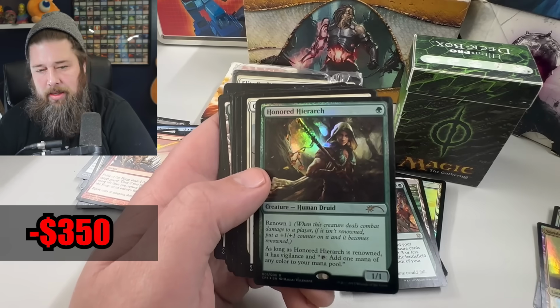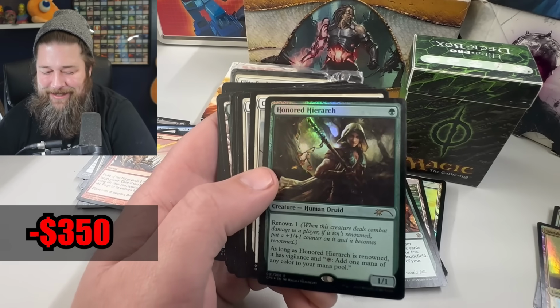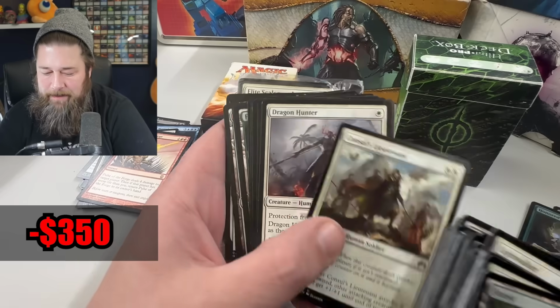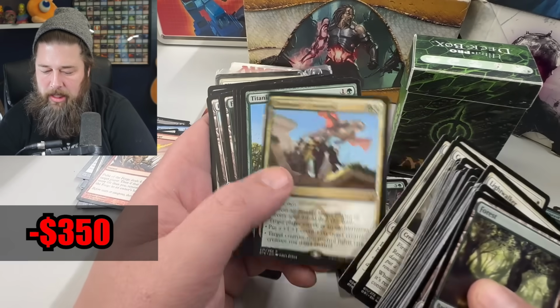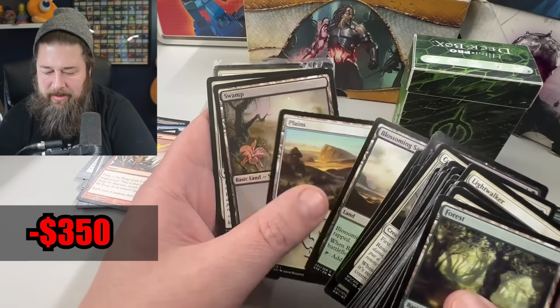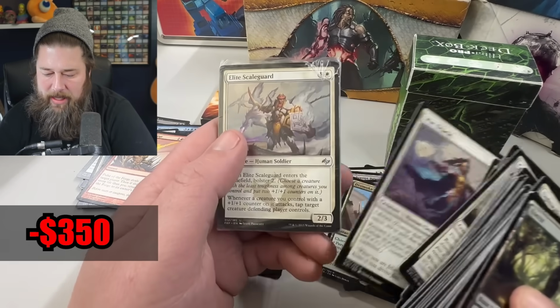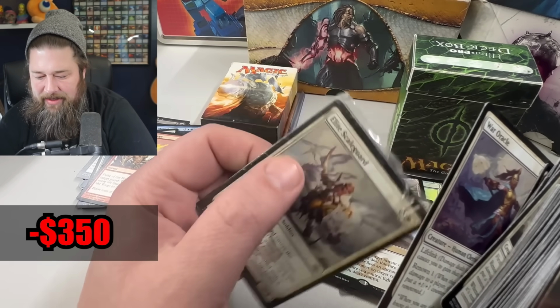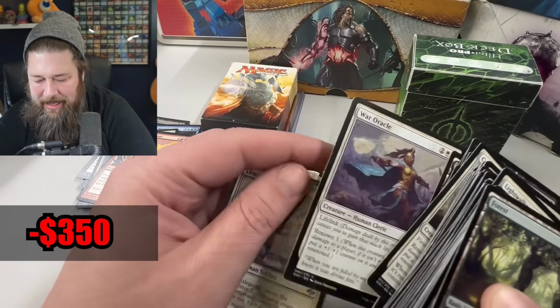Ooh. Oh, I saw Hierarch, but this is the bad one. This is the, like, super knockoff Hierarch that no one actually plays. I mean, it's still a foil rare. Dromoka's Command. Dromoka's Command, I think, is underrated. That card's still pretty good and no one plays it. So what is this? Is that a penny sleeve that's... Wait. Did they just stuff...